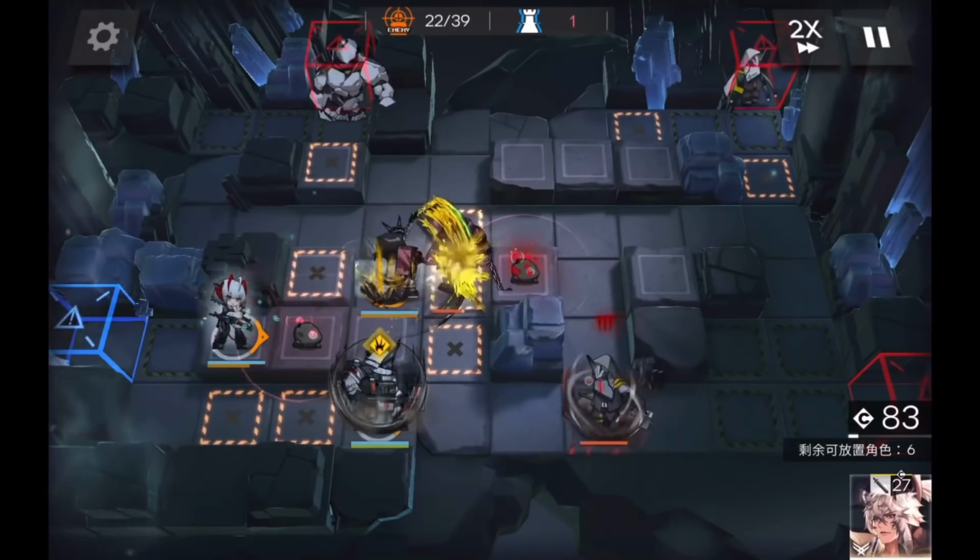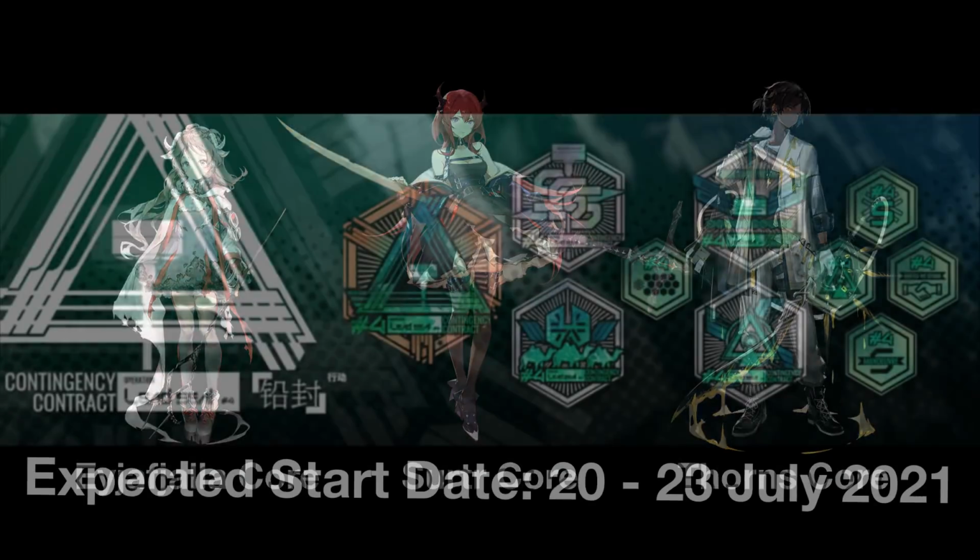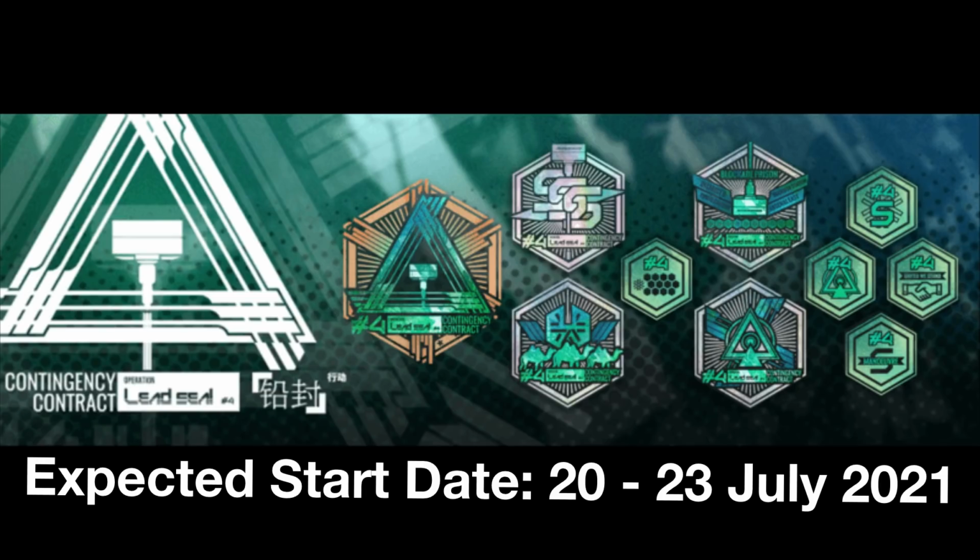When CC officially arrives, I'll be making a Risk 18 playthrough guide that has Ea Fiela as a core 6 star, another with Surtur as the core, and one more with Taunts as the core. The predicted start date of Let's Seal is between 20 July to 23rd July this year, so it is definitely inching close. Look forward to those when they come, and otherwise, that is everything I have for this preparation guide,